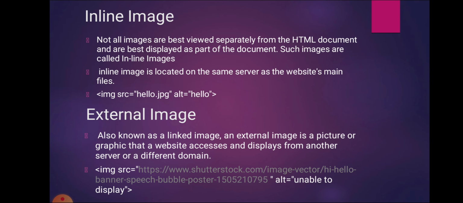An external image means we borrow it, or we can access that image from different websites or from external sources. That's why it is called external image. Suppose for example I want to add one image hello.jpg, but hello.jpg is not present in my laptop or my PC. Then I can borrow that image or access that image from a different website. Then I can write img src equals whole URL of that image. Means on which website it is present, in which folder it is present.